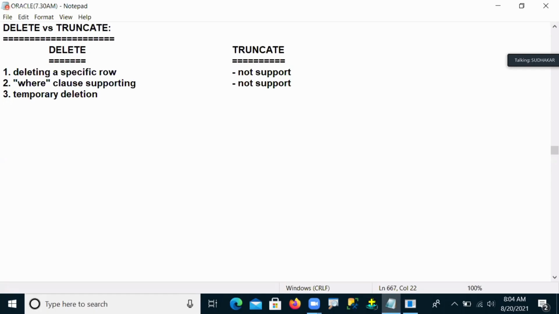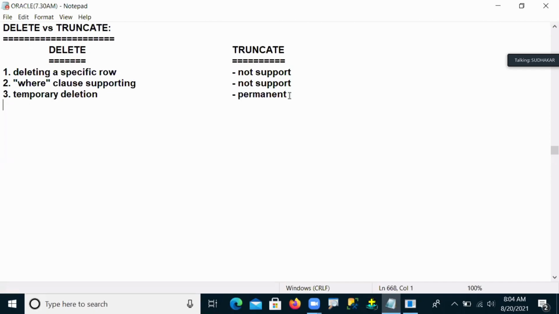Whatever data I deleted from my table is not permanently deleted. But with the truncate command, it is a permanent deletion, because once we use the truncate command on your table data, the data will be permanently deleted from your table, and we cannot restore it.